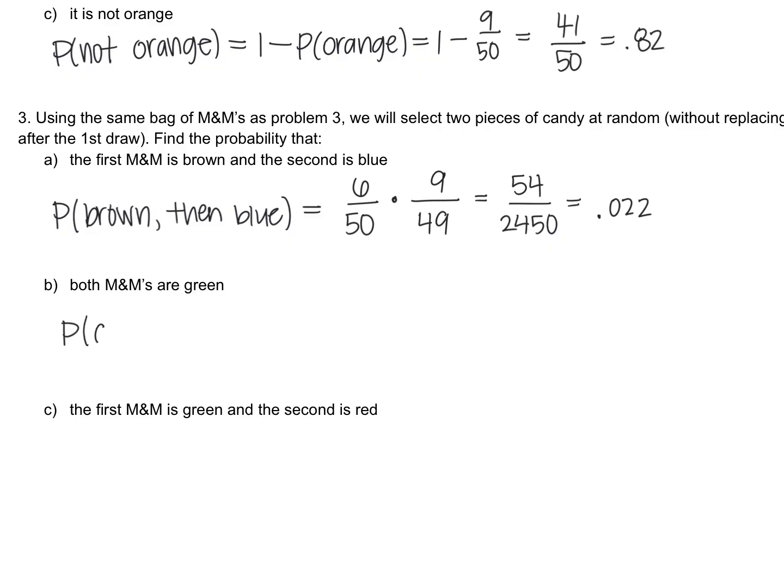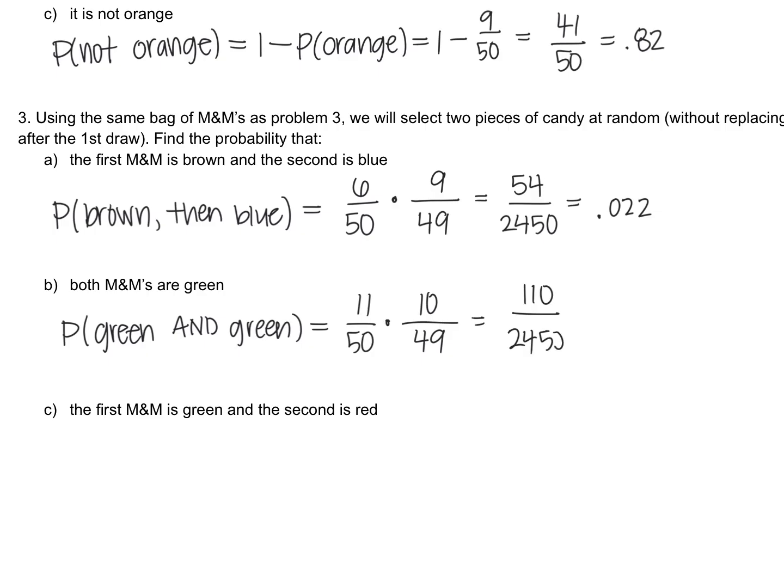Okay. The next one is the probability that both are green. So it's green and green. So the probability that the first one is green is 11 out of 50. Similar to the previous example, my denominator has to decrease because there's no longer 50. In this case, my numerator is also going to decrease because it's 2 green in a row. So there's no longer going to be 11 green after I choose the first one. So then we get 110 over 2450. Which is